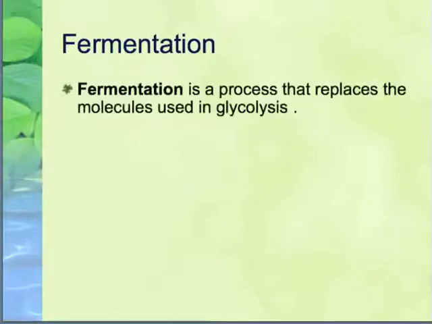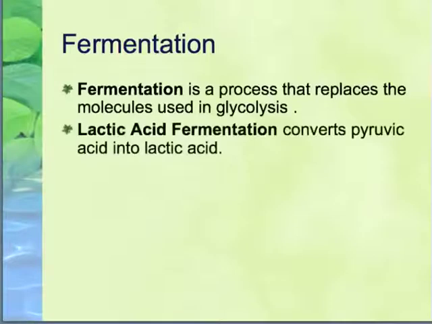The next step is called fermentation. Now, again, we still haven't added oxygen yet. Fermentation is the process that replaces the molecules that we used in glycolysis. There are 2 types. First of all, there's lactic acid fermentation. Now, this often happens in muscle cells, and it converts that pyruvic acid, which we showed you earlier, into lactic